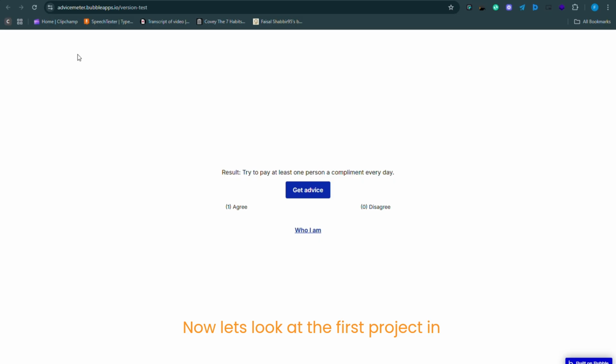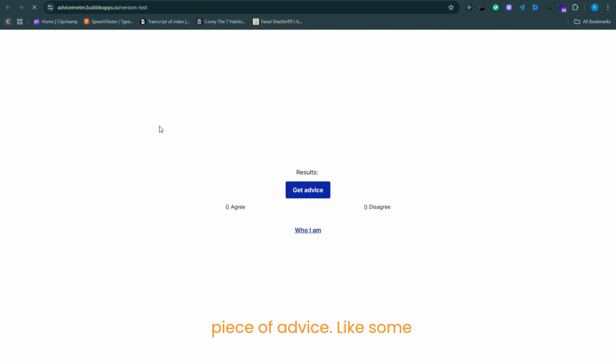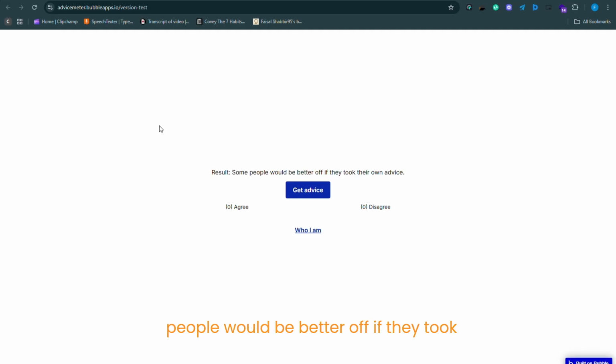Now, let's look at the first project in this series. We will build a small app using a free API that gives random life advice. When a user clicks a button, they will get a new piece of advice. Like, some people would be better off if they took their own advice. Okay, sometimes the advice might sound simple, but it can have deep meaning, and it's a fun way to start learning